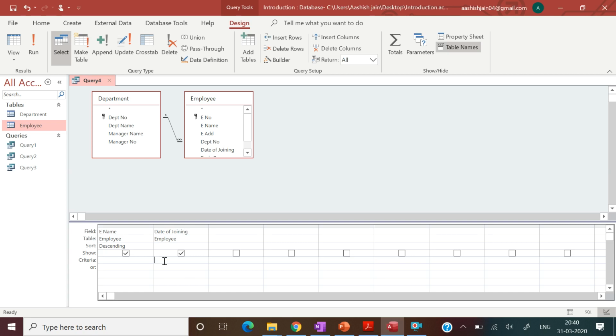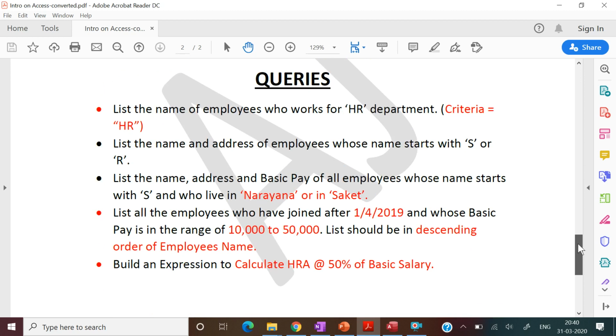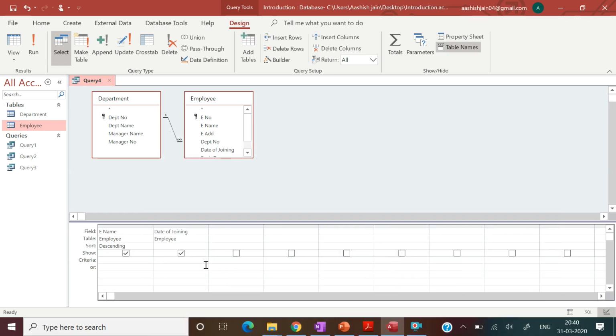It should be joined after 1st April 2019. So greater than hashtag 1st April 2019, close with hashtag and press enter.